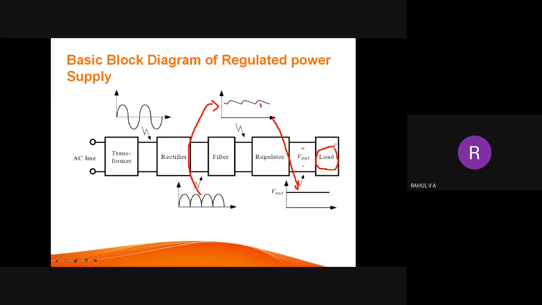So I have used a filter circuit, so that the pulsating DC is converted into pure DC. So it has become pure DC. Then we have a regulator. This regulator will give you a constant output voltage. It is almost pure DC, so that you can connect it to a mobile charger or any other application or circuit you require.